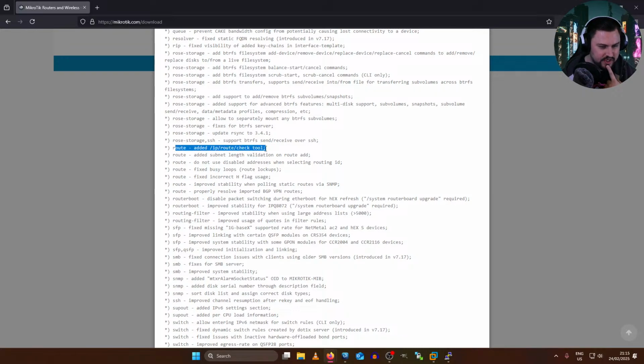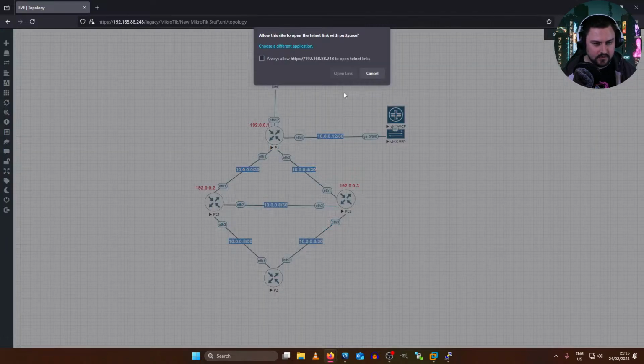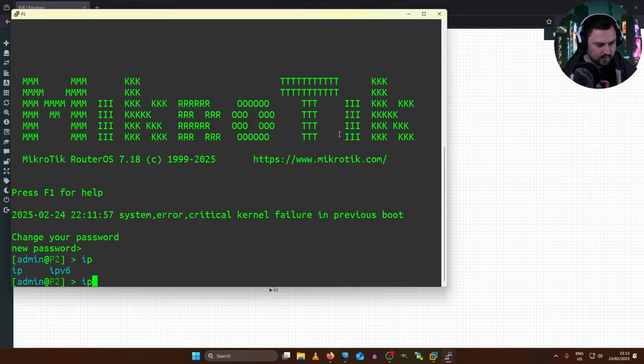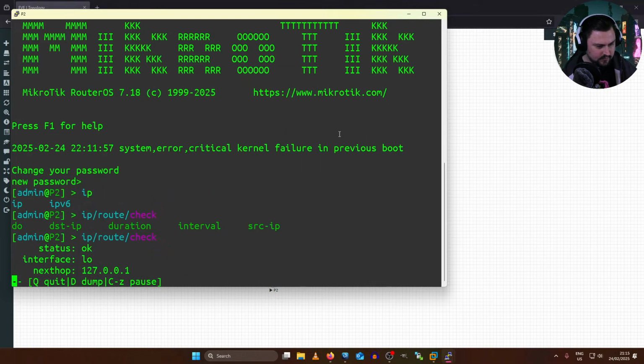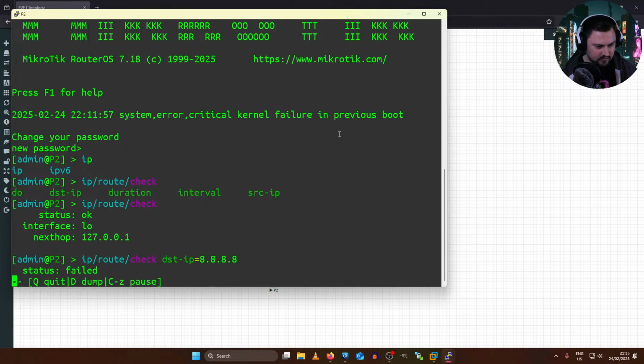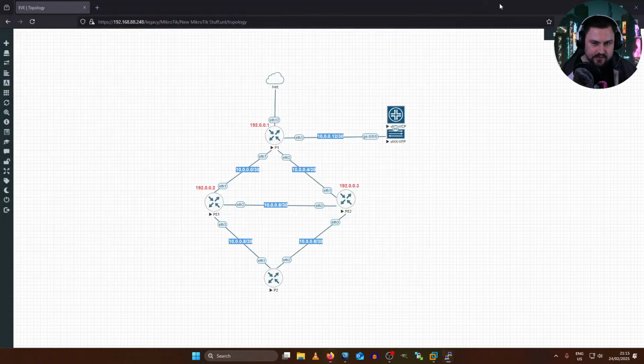Added IP route check tool. What's that? IP route check tool. Let me just jump back on Eve. IP route check tool. Admin. IP route check. So what? Can you put in a destination like 8.8.8.8 and then it will tell you, oh, okay, that's. I think that's just like what WatchGuard or Watchdog or whatever was doing as well, kind of. Kind of makes sense.